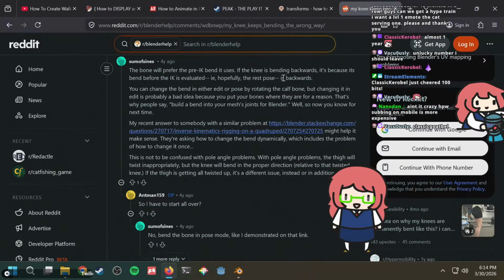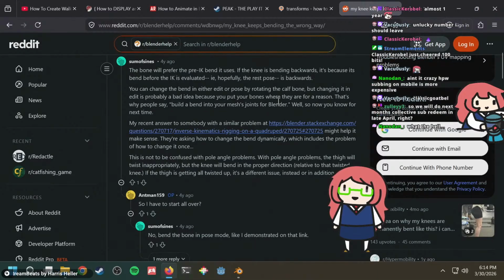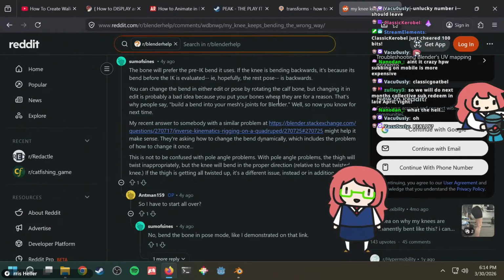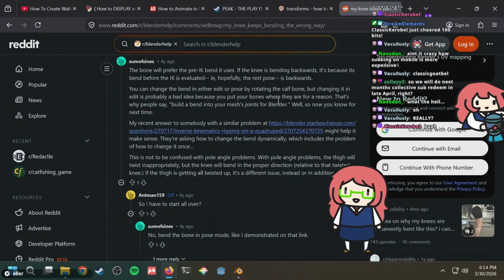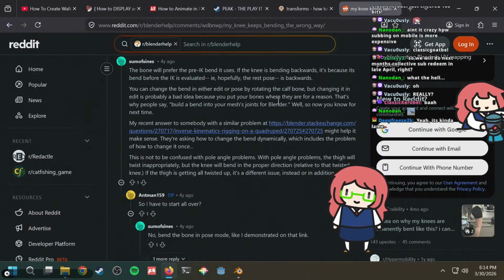Ain't it crazy how subbing on mobile is more expensive? No, it's because of Apple and Google. Anyway, to get a level 1 hype train emote though, you have to get level 2. Isn't that messed up? That you have to get level 2 to get a level 1 emote? So we'll do next month's collective sub redeem in late April. I don't know. Really? Yeah, that's how it works. They made it really confusing for some reason.